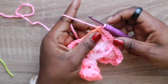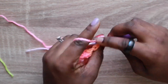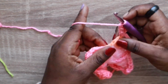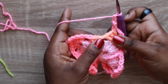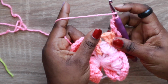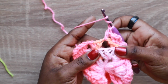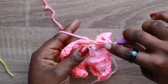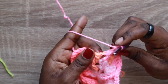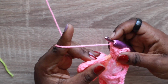Okay, so for the next round you are going to chain up 3, 1, 2, 3. Then you're going to put your 2 double crochets into that chain 2 space, and then chain 1, and then here we are at a chain 1 space. So you are going to make a mosaic granny cluster into that space by placing 1 double crochet in there, and then front post treble around that middle double crochet cluster from the previous round right underneath that chain 1 space. Then place a double crochet back into that chain 1 space, and then chain 1,